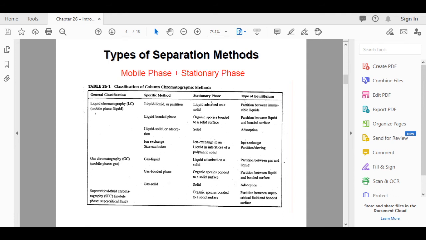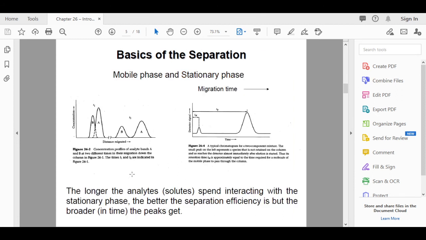I will not discuss all these things; you can take a screenshot of this slide too and go through the equilibrium. Next, this is the basics of separation, mobile phase and the stationary phase. There is a migration time of the particular mobile phase. You should know that the longer the analytes or the solutes spend interacting with the stationary phase, the better is the separation